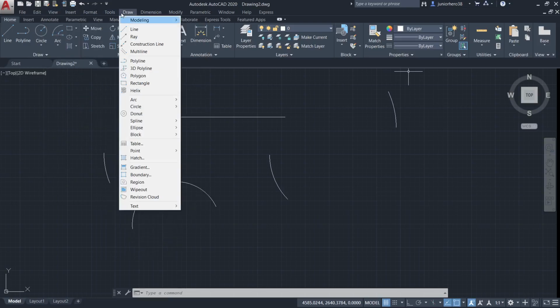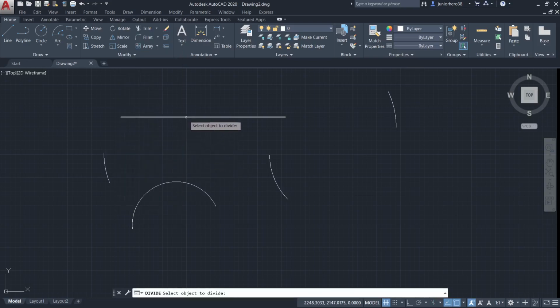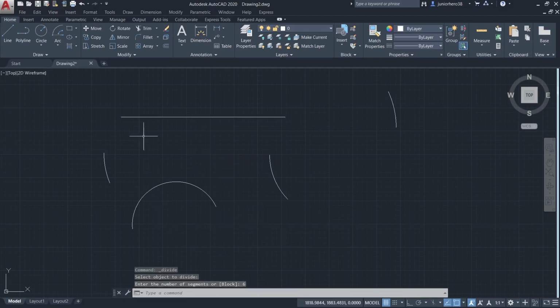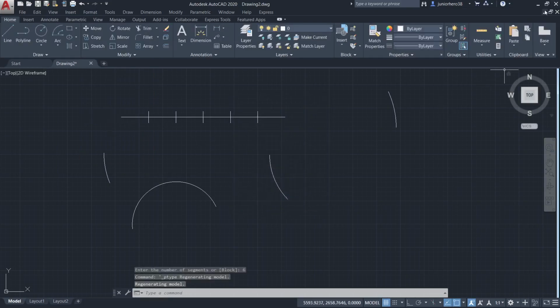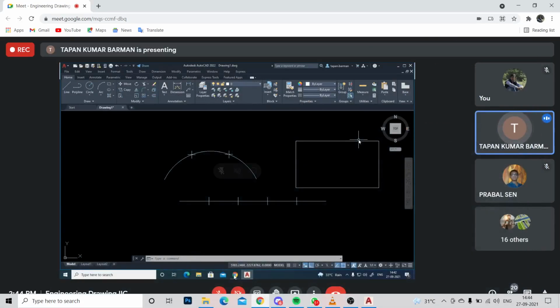Let us take one, say, rectangle. Say this is my rectangle. But I want to divide this line, the top line of this rectangle, top side of this rectangle. Then what to do? Can anyone say this thing? Are you with me?